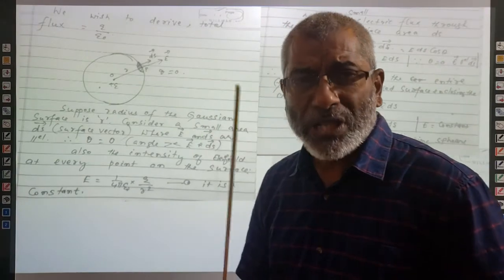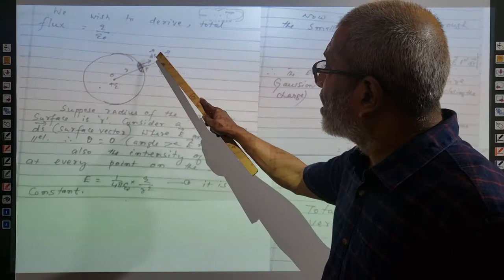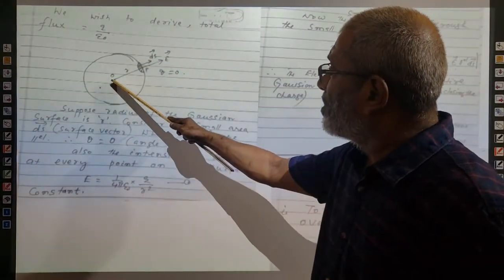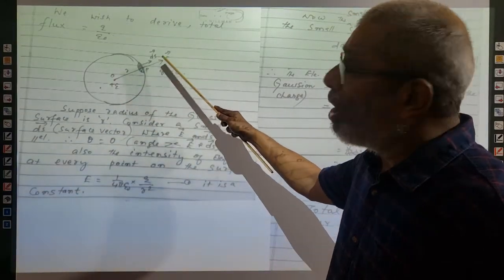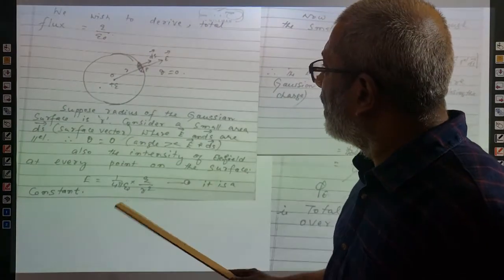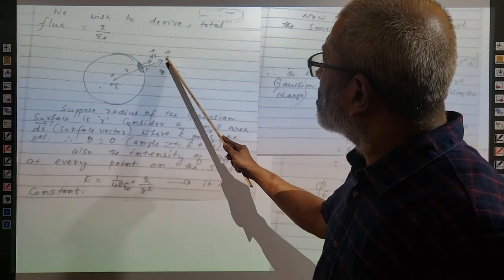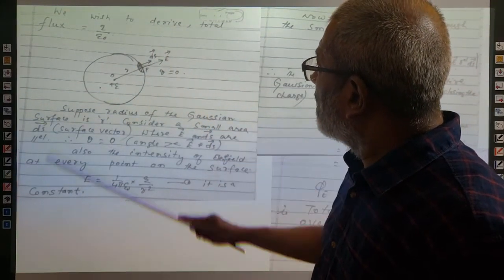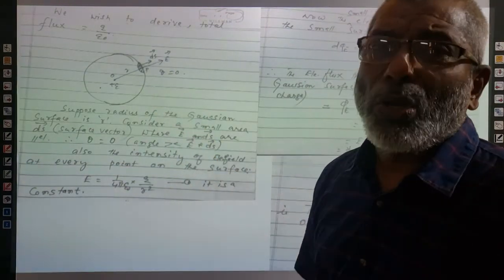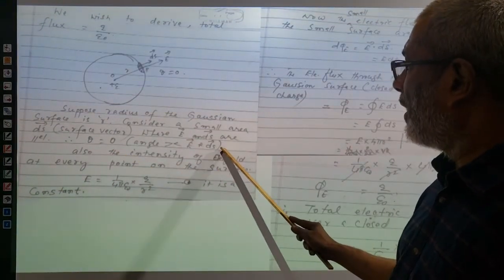Surface vector is nothing but, once again I say, a small area with a normal placed on it. The direction of the normal shows the direction of the surface vector. If it is a charge, this is the intensity of field or the field line. The direction of the field line is the same as the direction of the electric field intensity. In this case, you see a very interesting thing: the electric field intensity direction and the surface vector are parallel to each other. Therefore, the angle between these two quantities is equal to 0. Alright, this is also given there: the angle between E and ds.